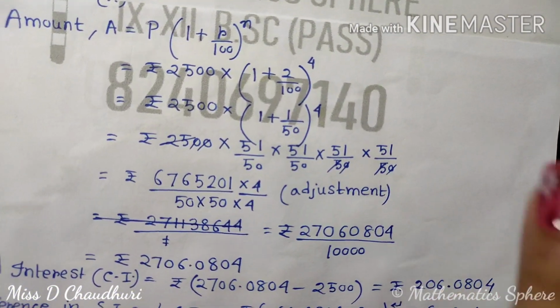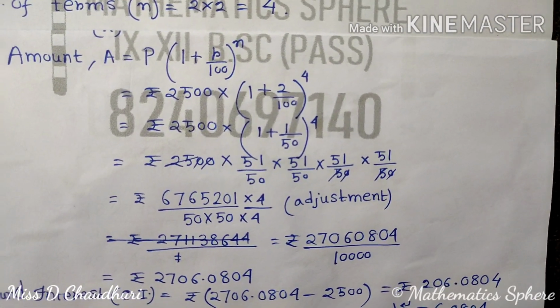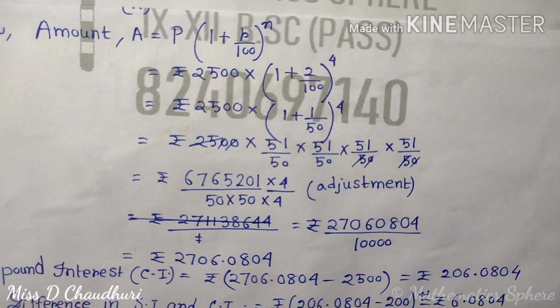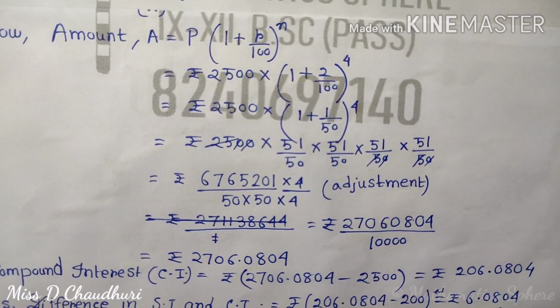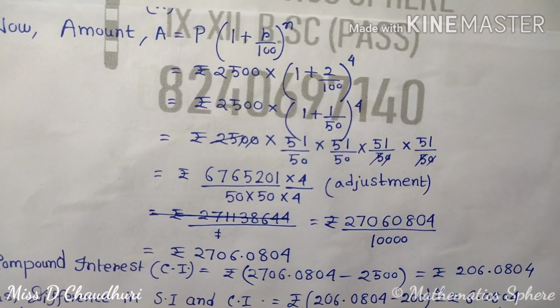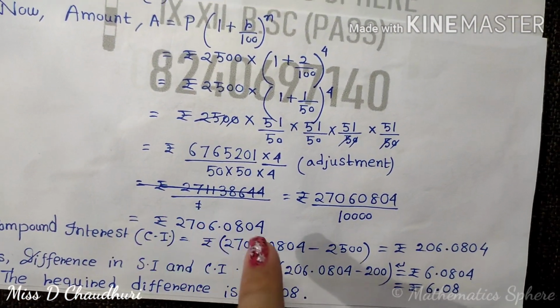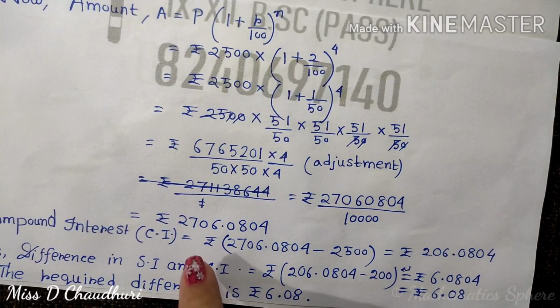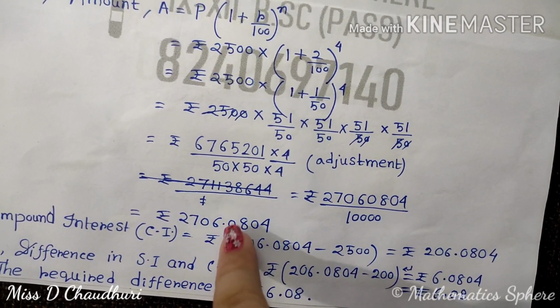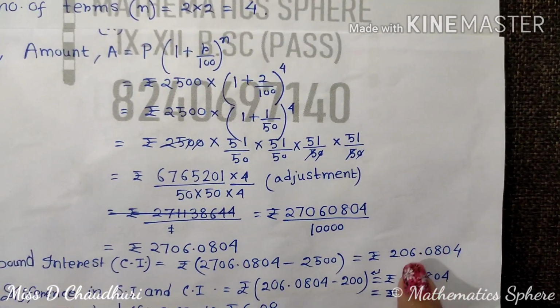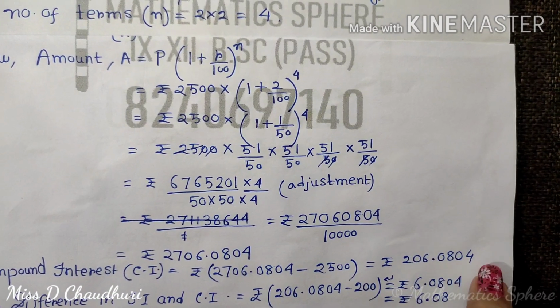I am giving you some suggestions, you choose the better way which you find. Okay, but be careful, বসে বসে ক্যালকুলেশন করতে করতে সব সময় নষ্ট করে ফেলবে না in this type of sums. So we have got the amount. Now the compound interest, we know that the amount minus principal. I have forgot to write this one. A minus P, you will have to write it here. Okay, so it gives you 206.0804.